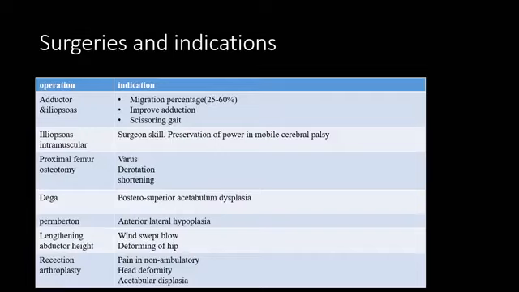Surgeries which are indicated, that's why we have to plan which surgery to do. Adductor and iliopsoas release, the indication is migration percentage over 25 to 60%. It improves abduction and scissoring gait. The iliopsoas, we need skill because of the flexion deformity. The iliopsoas can either be released intramuscularly around the pelvis or at the LT. The lesser trochanter, of course, is indicated in the